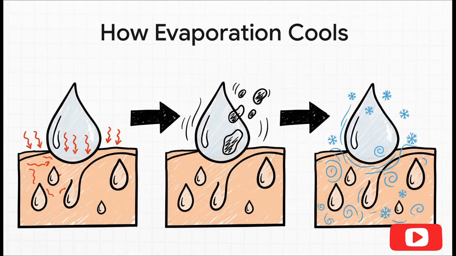And this is the brilliant physics behind how we cool down. When you sweat, it's the fastest, hottest water particles on the surface of your skin that escape first through evaporation. So who's left behind? The slower, cooler ones. This actually lowers the temperature of the sweat that's still on you. Now, for that process to keep going, the remaining sweat needs more energy. And where does it get it? It pulls heat directly from its surroundings, which is your skin. The result? Your body cools down. It's like your own personal built-in air conditioner.